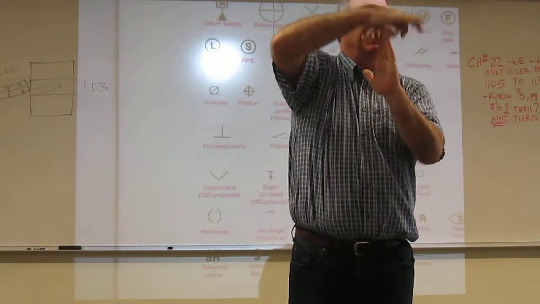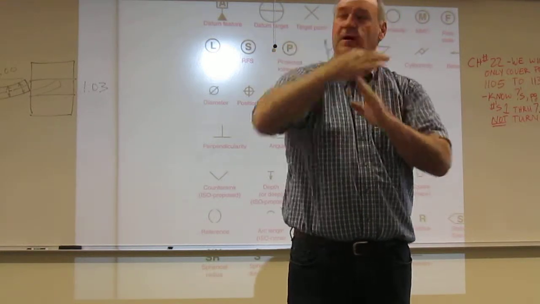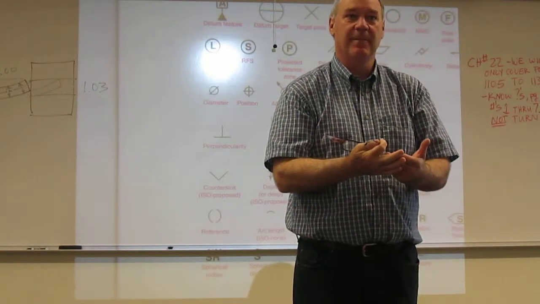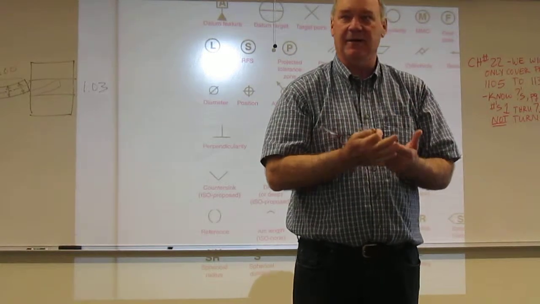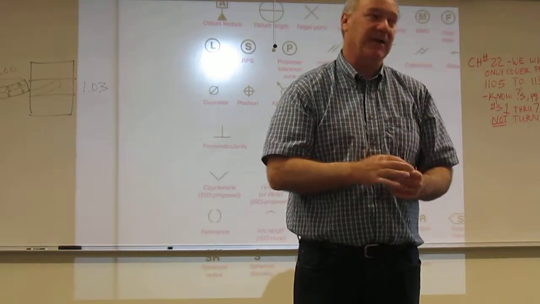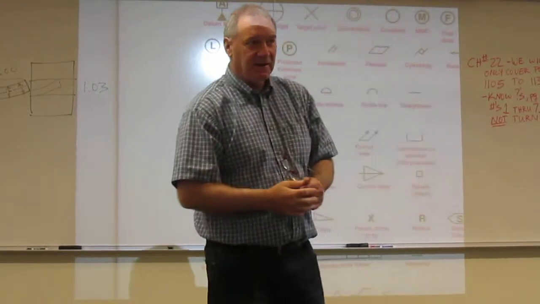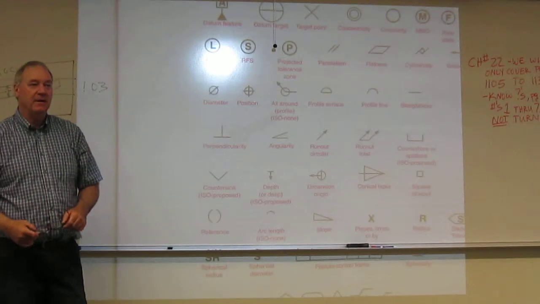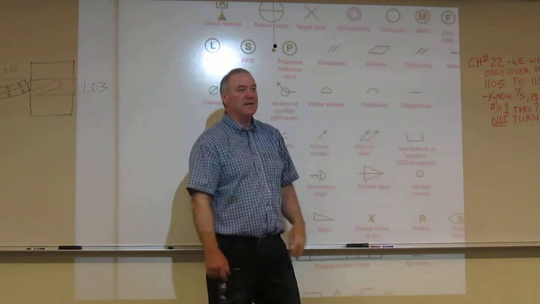Perpendicular, where you're coming like this. Again, two items that are related. Concentricity, two cylinders that are related. You must have datums with related GDTs because you've got to tell them what you're going to measure against. You have some that are not related. They are what we call individual, like flatness. Flatness is an individual